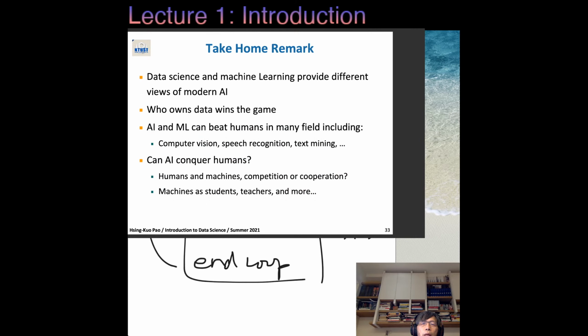So one thing I need to share with you for this part is that we know data science is very important. Why is it important? Just because data science gives us the data, so that machine learning can use that data to build models to finish some predefined tasks. But sometimes we don't really need a predefined task. Sometimes we don't really know what's going on. We just got the data.